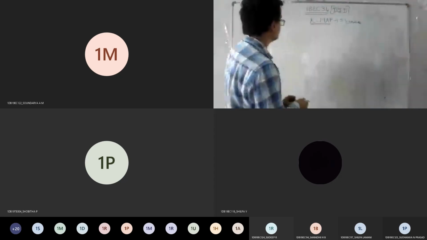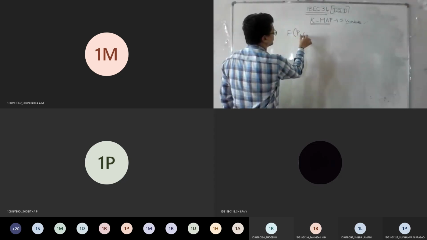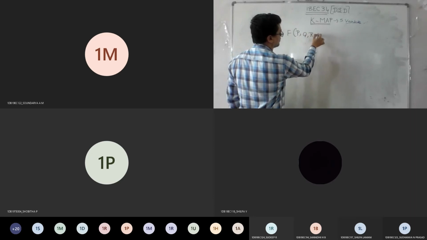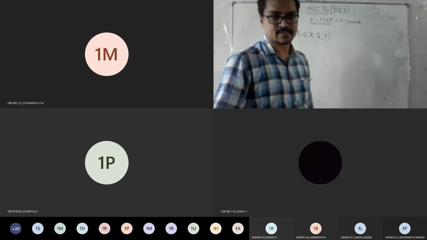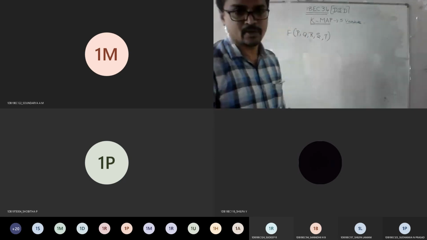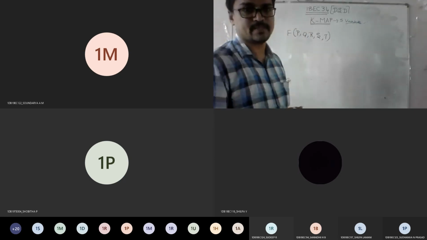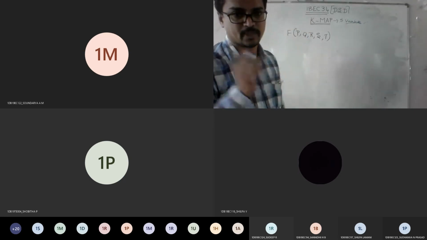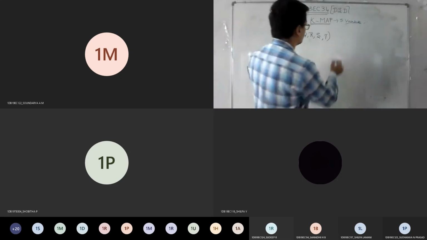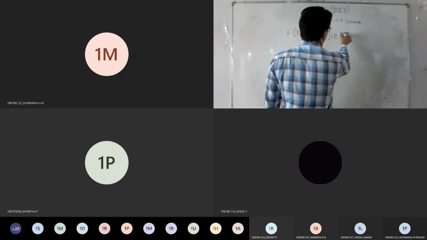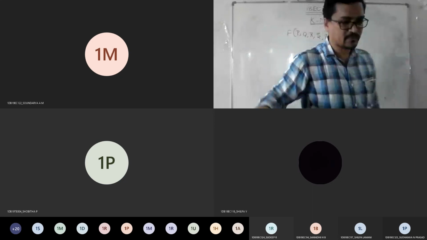They have given the function PQRST, 5 variable. See, I already told you, if they give ABCD, go with ABCD. If they give XYZ or PQR, go with that. Don't change the expression. So they have given summation, so values are given for you.